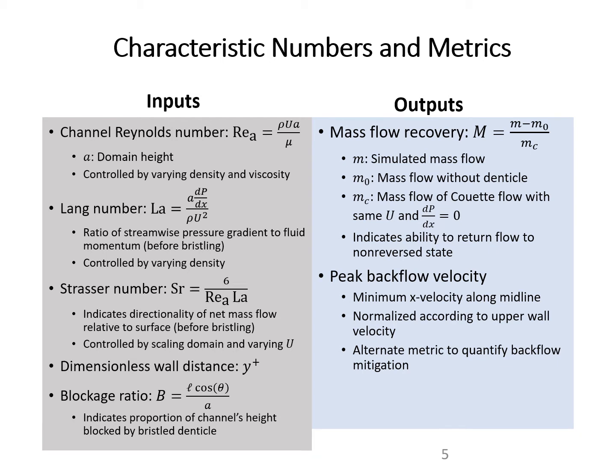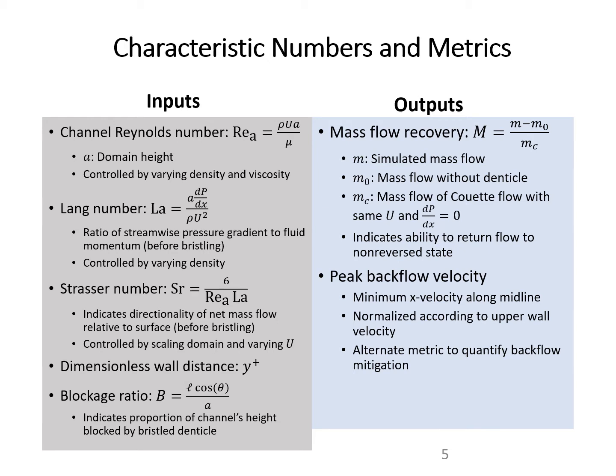The Strasser number indicates the directionality of the net mass flow. So with a Strasser number of 1, there's 0 net mass flow. Greater than 1 means the flow is to the right, and less than 1 means the flow is to the left. We varied the Strasser number by scaling the physical dimensions of our domain and by varying that upper wall